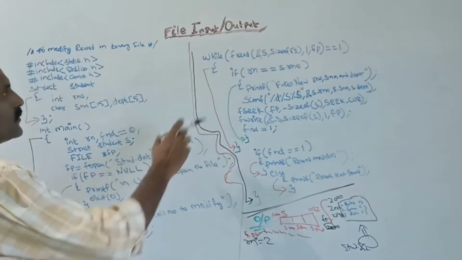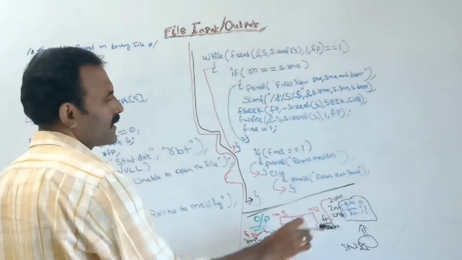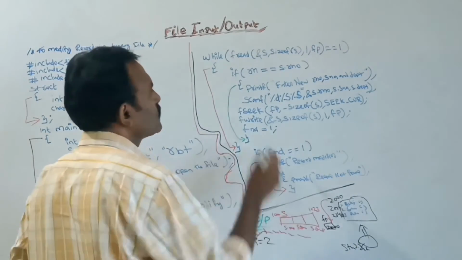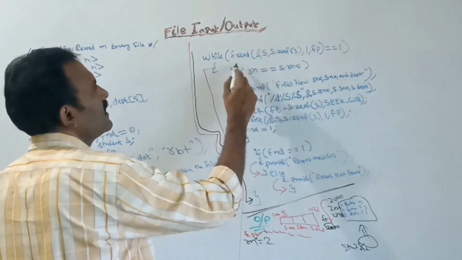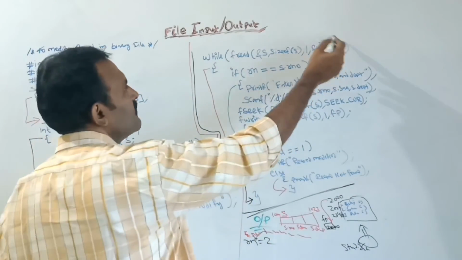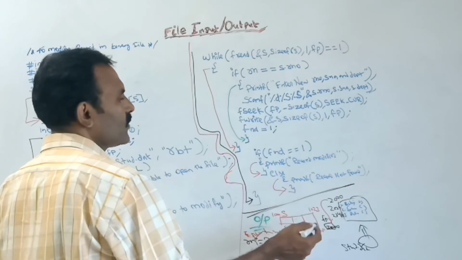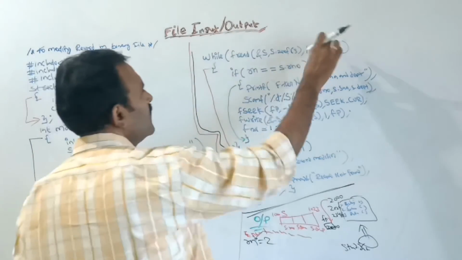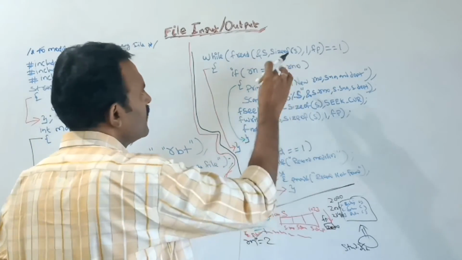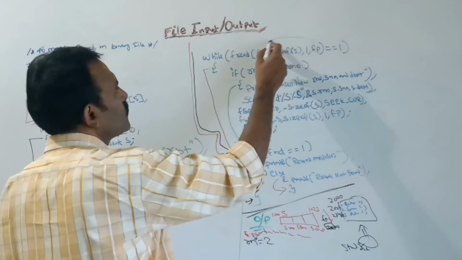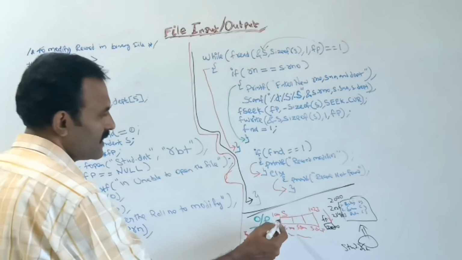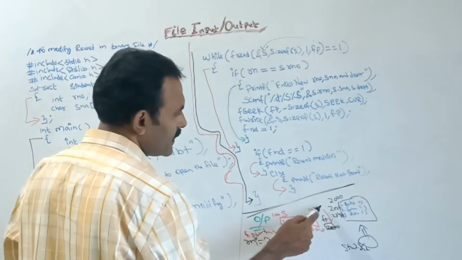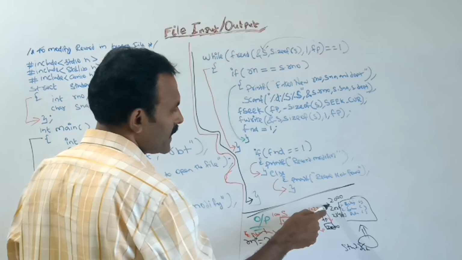Next, by using this while loop, I am reading record by record. Next I am comparing this Rn with s.rno. Here at this point, the file pointer reads the first record and returns the value 1 because there was a record. If there were no record, then it would return a value less than 1. As it is 1, after reading, the file pointer loads that content to where? Yes, the S variable. So what is the S value now? 1, Balaji and CS. Next it moves to the beginning of the next record.